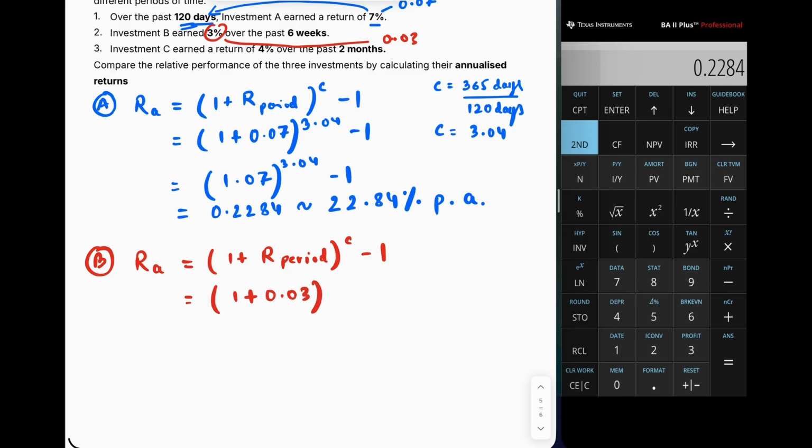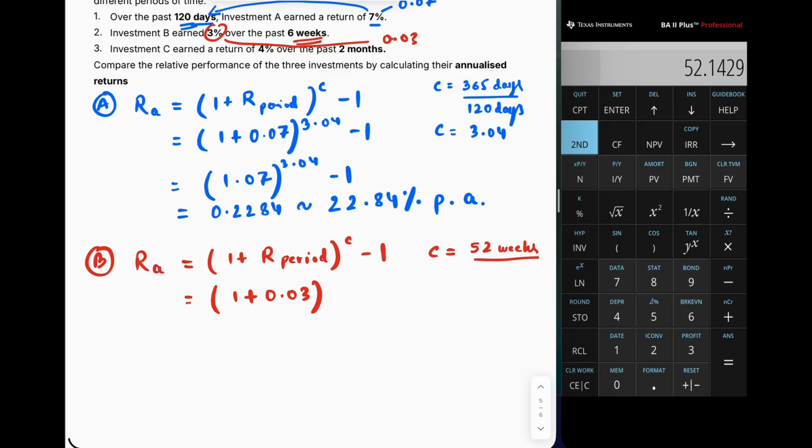C would be what? It is given in weeks. So in a year, how many weeks are there? 52 weeks. In a week, there are 7 days, so there are 52 weeks in a year. So C is equal to 52 weeks,